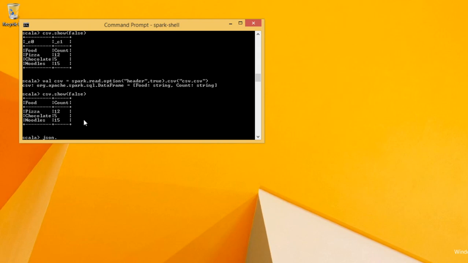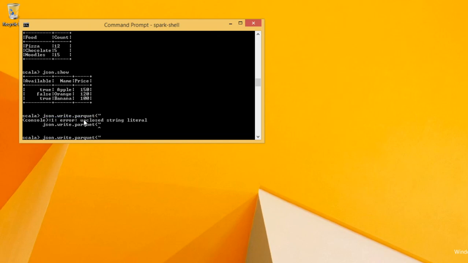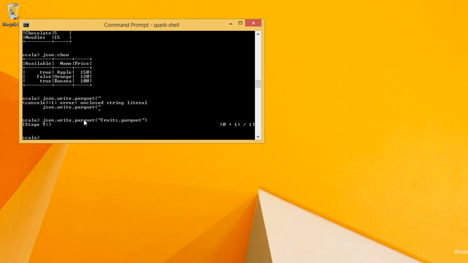JSON dot show, just to make sure that we have all the data available here, and then what we can do is JSON dot write dot Parquet and fruits dot Parquet. Yes, so maybe it was written. Let's see what happened here.